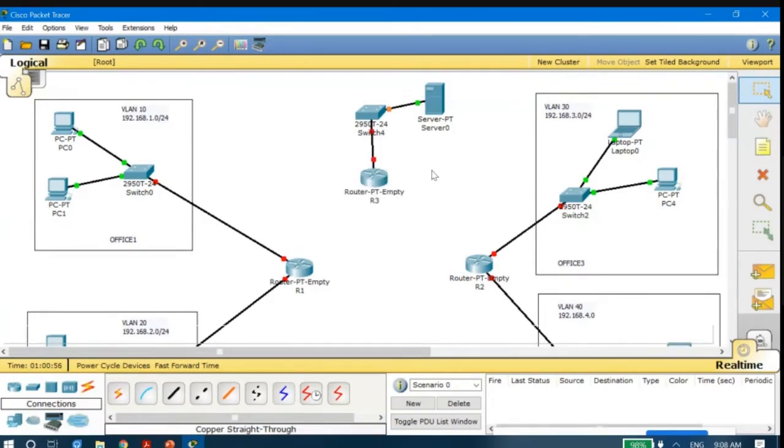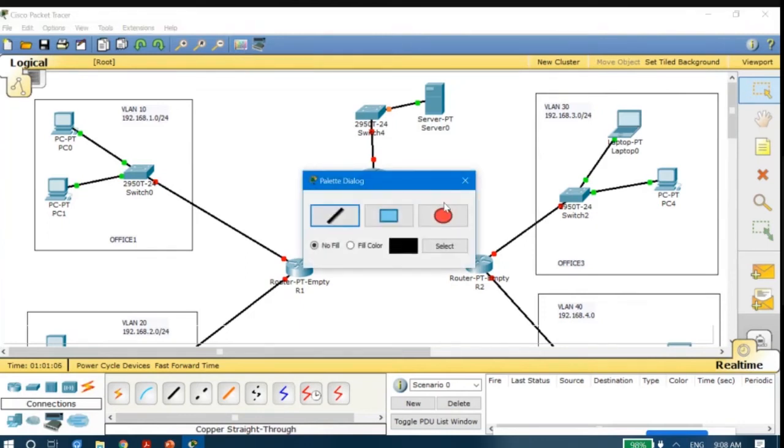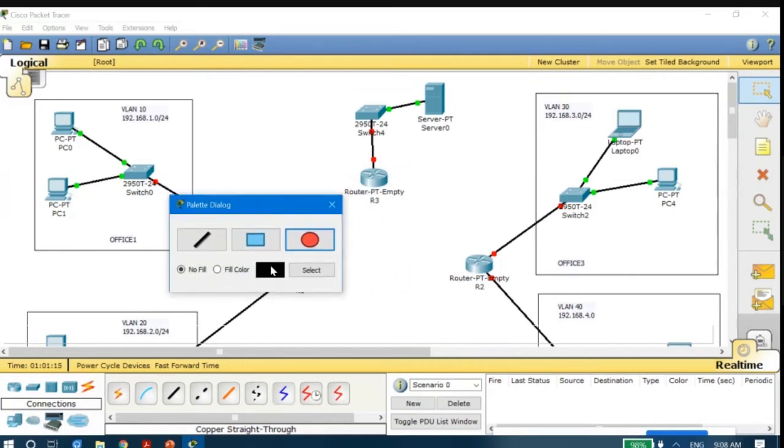The next thing that I have to do is a little bit of documentation. Then we will configure the different device. So go to the drawing palette. Select the ellipse icon here, third icon. You could select the color here.